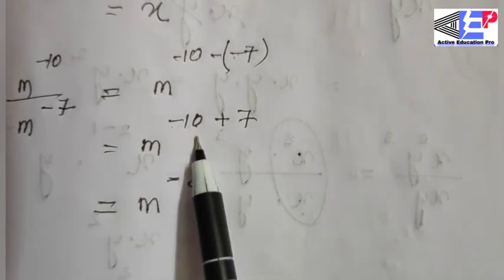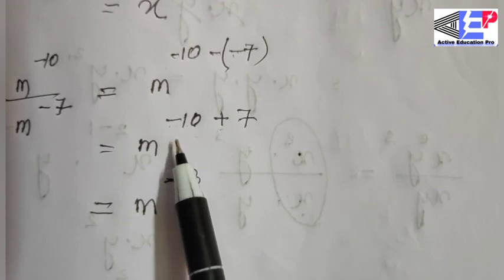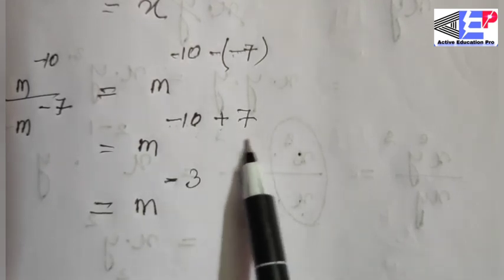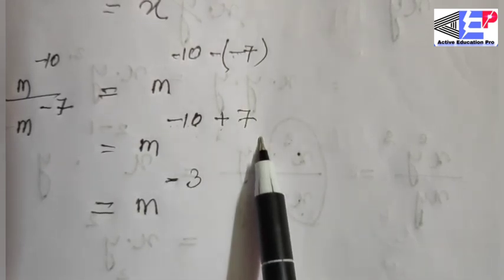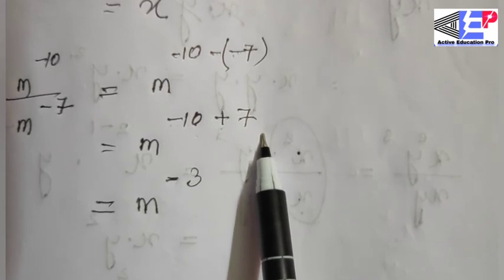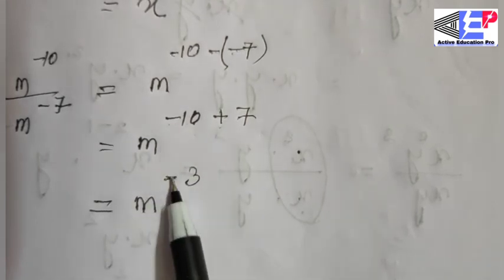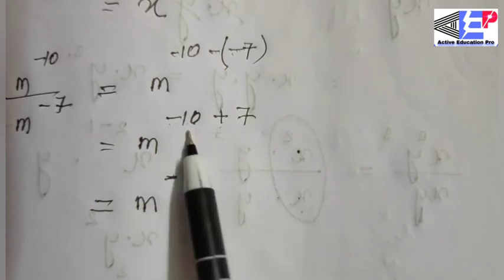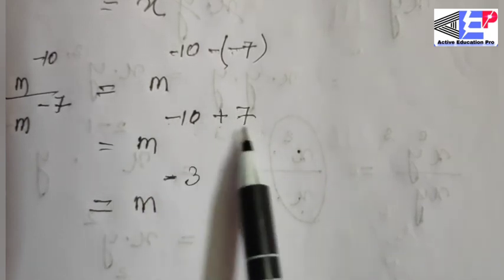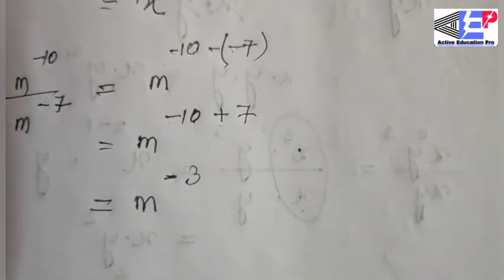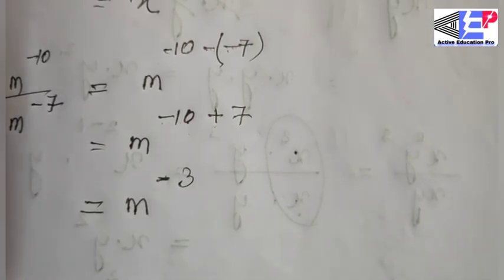Here the greater numeric is 10. If I say minus 10 or plus 7, then the greater number will be 7. But here I am telling you repeatedly, the greater numeric, no sign marks, only the numeric, 10 or 7. 10 is greater than 7, so put the sign of 10, minus, then subtract both numbers because of opposite sign. 10 minus 7 is 3. Here, m to the power minus 3.